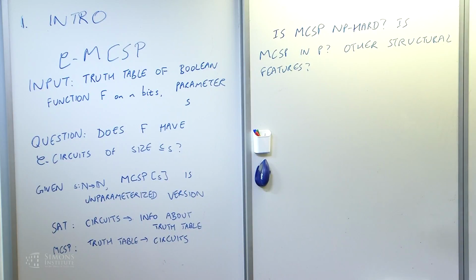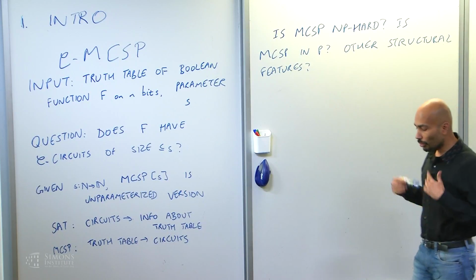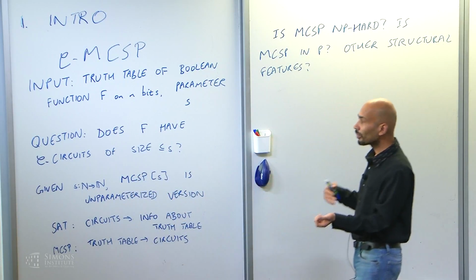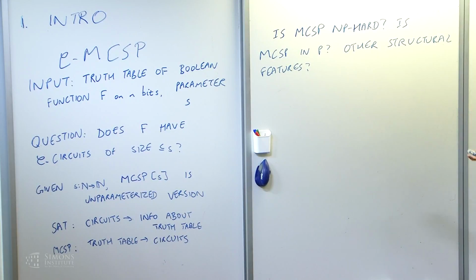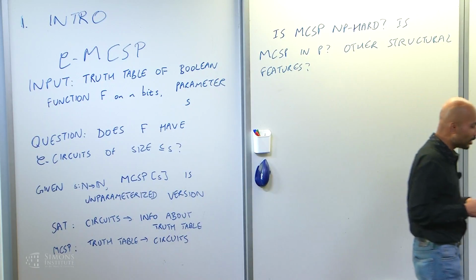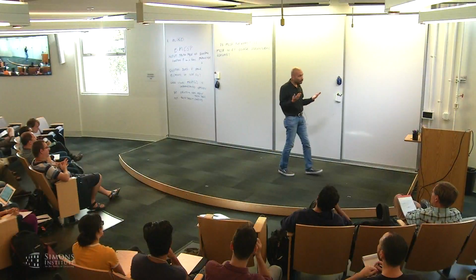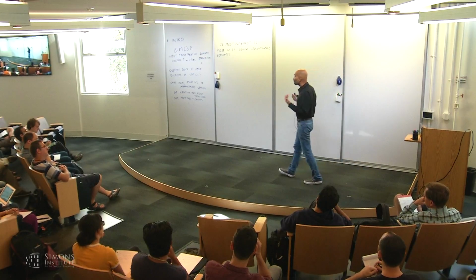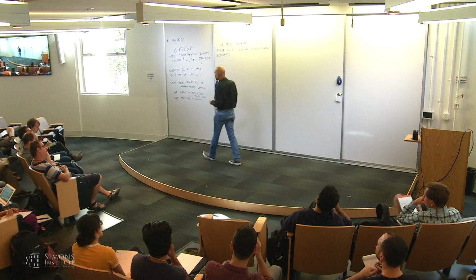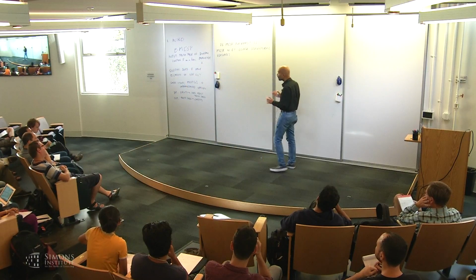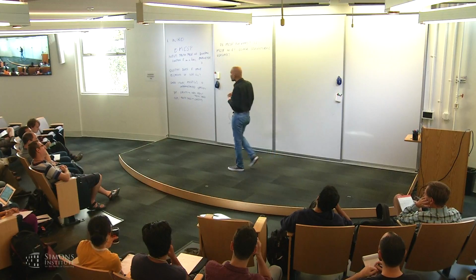For example, there's the SAT question, right? SAT is also a meta-computational question where you're given a circuit and you want to know whether it has a satisfying assignment. And these problems, SAT and MCSP, can be thought of as sort of duals of each other, because in SAT you're given a circuit and you want information about it. You want to know if the circuit is satisfiable. In the counting version, you want to know the number of satisfying assignments. For QBF satisfiability, you perhaps want to evaluate some formula on the truth table computed by the circuit. In general, there are various kinds of information you want about the truth table computed by a circuit, and those give you variants of SAT.